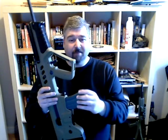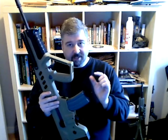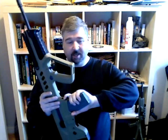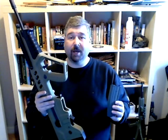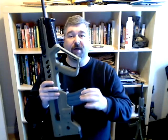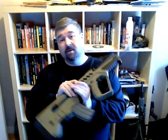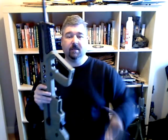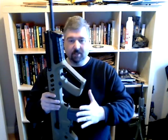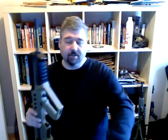But the mid-cap magazine is similar to the SA-80. It's slightly, very slightly larger than a normal mid-cap that you would buy in the shops. It does make it, however, quite a snug fit. There's not a lot of lateral movement there, nothing really shakes. Which is great, fine, but it does make quick magazine changes a bit of a trial. Now if I use another magazine on this,